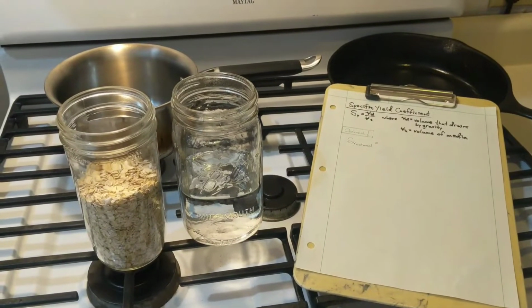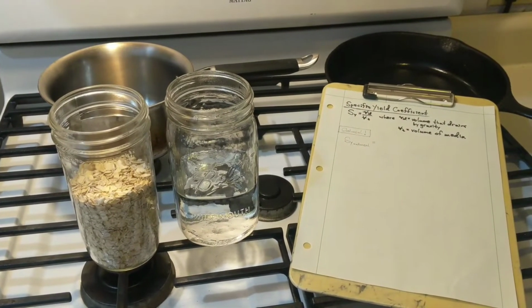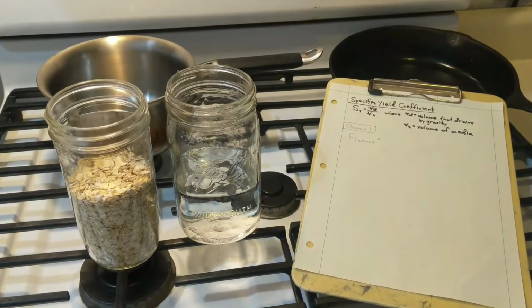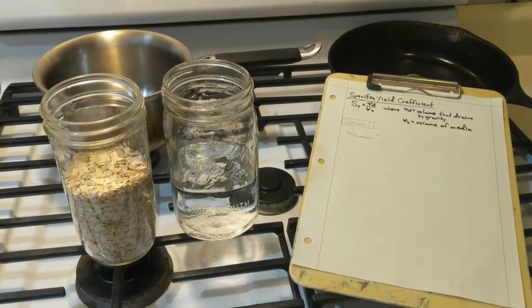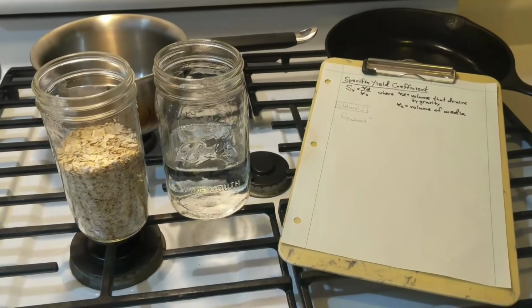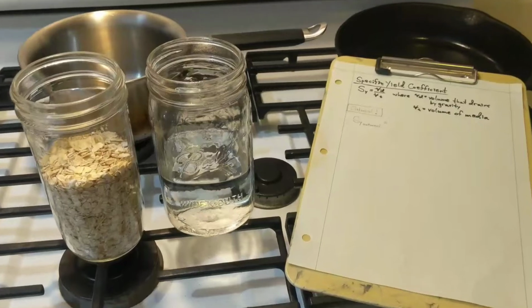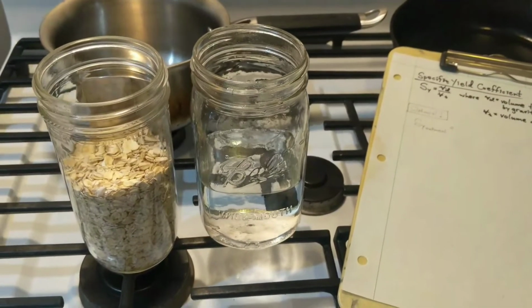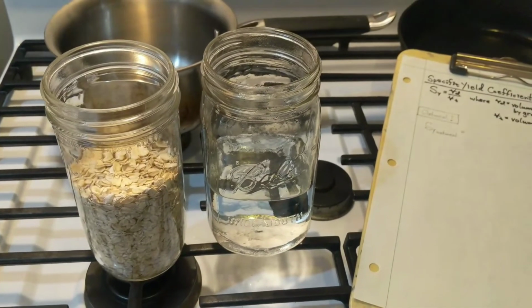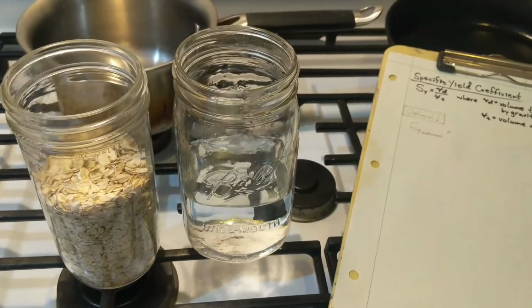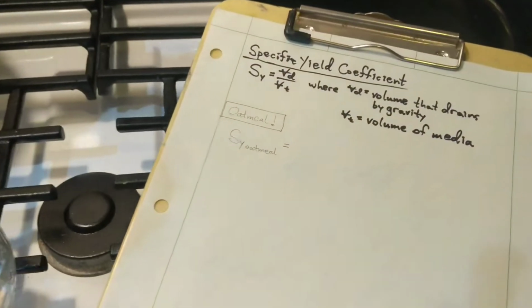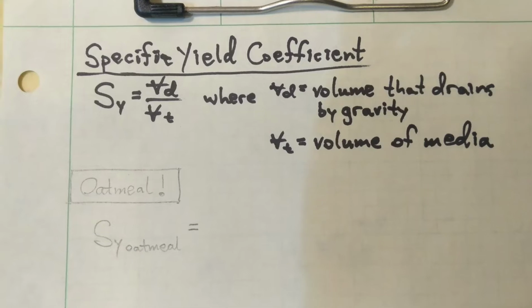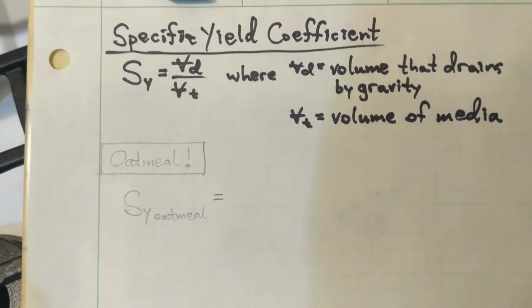Okay, so have you ever wondered how much water your oatmeal holds when you're soaking it overnight before you cook it? Well, here we have an experiment set up to measure the specific yield of oatmeal. And it starts with the specific yield coefficient formula, which is just SY equals VD over VT, where VD